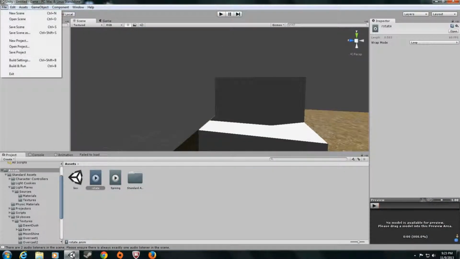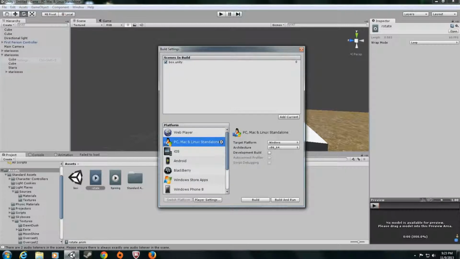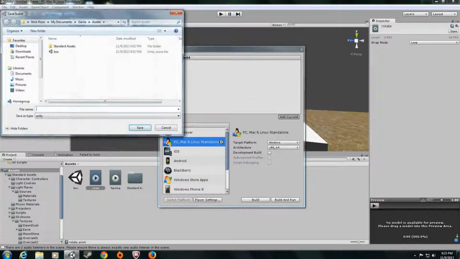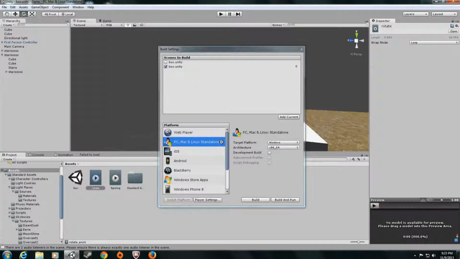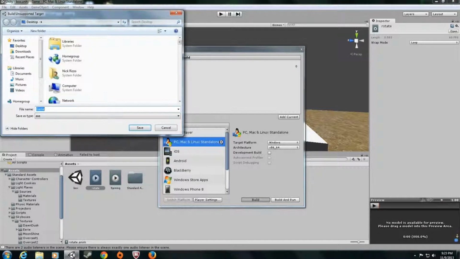And to finish this project off, we're going to go to File, and we're just going to go to Build Settings. We're going to get rid of this. We're going to add our current scene, save it, and I'm going to name it Box, just to replace the one that I just have in there. Yes, I would like to replace it. And we're going to click on Build,